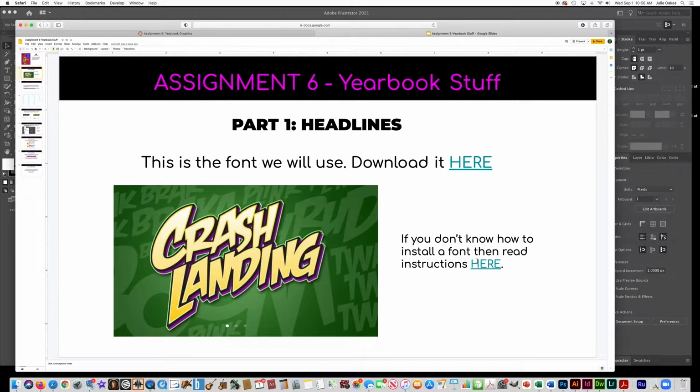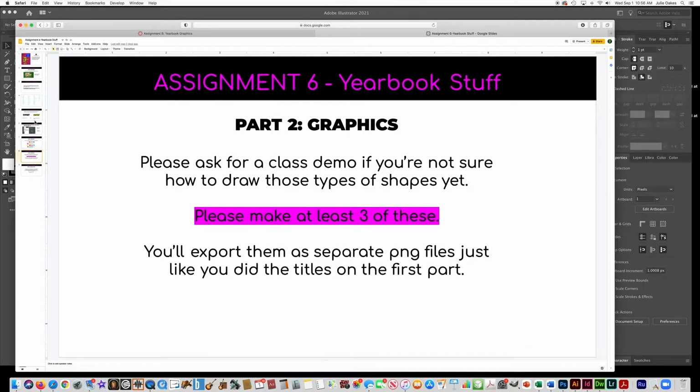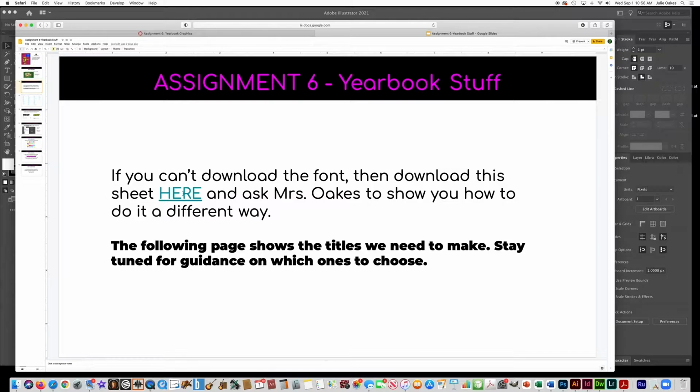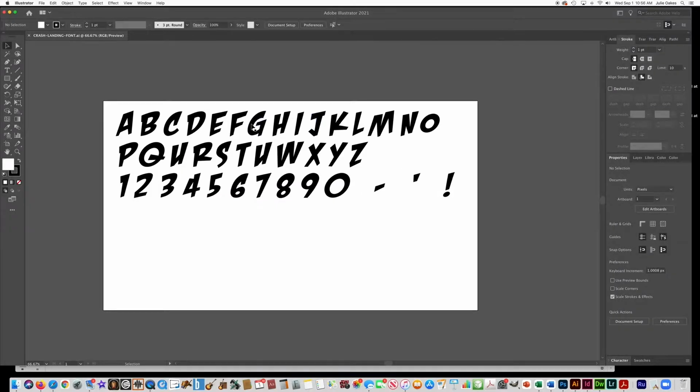If you don't know how to download a font, click on this here. There's some instructions, and then also there's a backup for if you cannot download the font on the school computers, for some reason it's not working. Okay, if you can't download the font, click here and then you'll be getting this file here, which has all